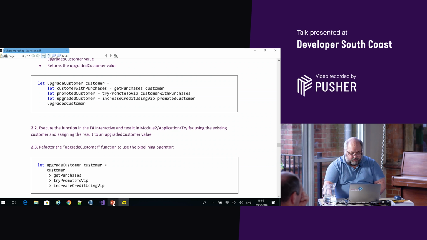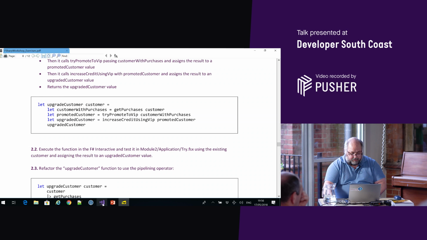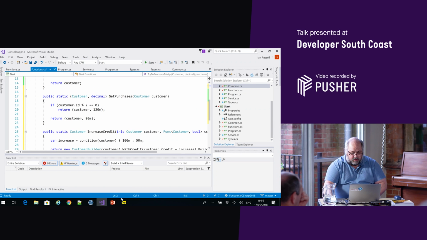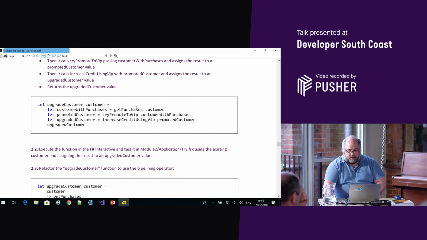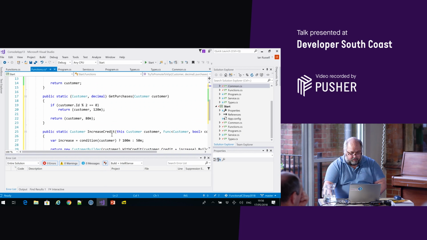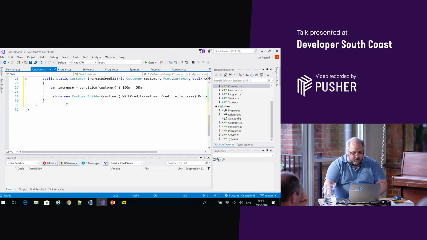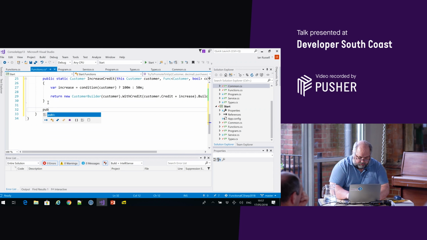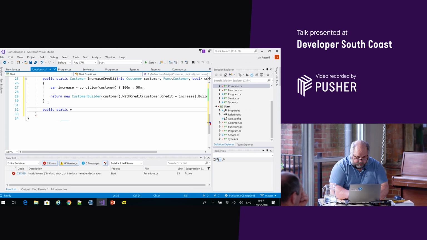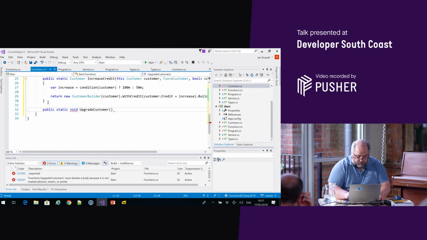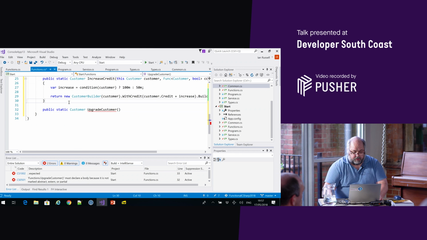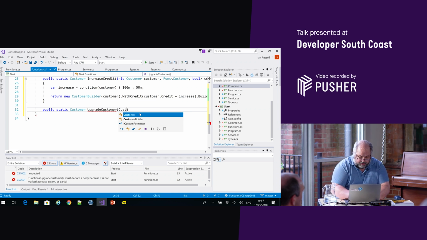So let's try and do that. So I've got get purchases, upgrade customer, text customer. Right. So let's create our function. Static void, say upgrade customer. That takes a, I'm assuming that's going to return a customer. So it takes customer,